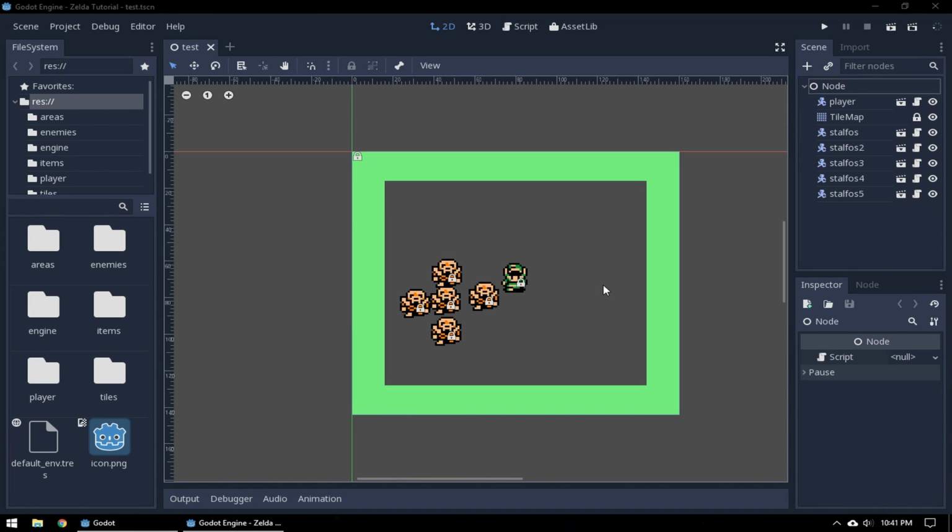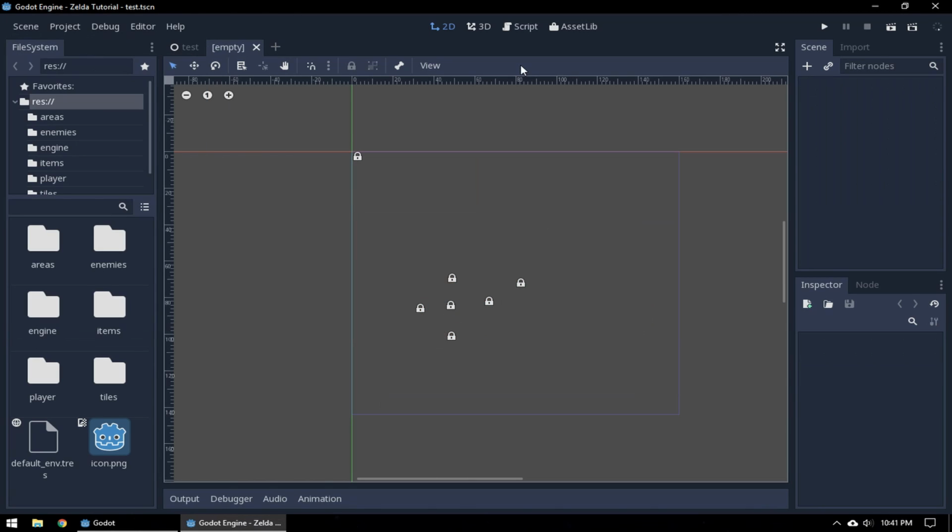And yeah, there's a lot of behind the scenes stuff with how items will work today. And we're also going to make a simple state machine and make a few changes to our code from the last few episodes. So the first thing we're going to do is make a new scene, and